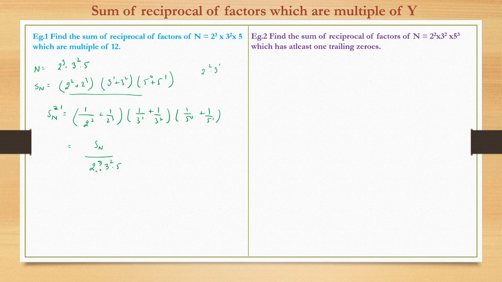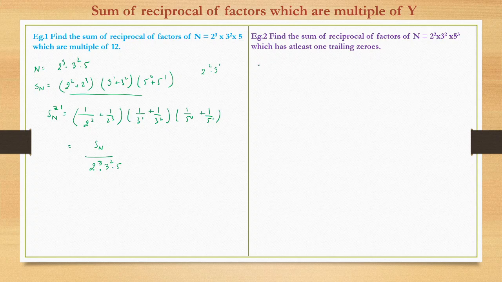Fine. See, you need to be careful. The denominator would not be the same as the number itself in all cases. In the first case, where it was very simple, where we had to find the reciprocals of all the factors, the denominator was the same as the number. But in other cases we need to be careful and follow the approach to get to the answer, right? Hence, I have not prescribed a formula anywhere except for the first case.